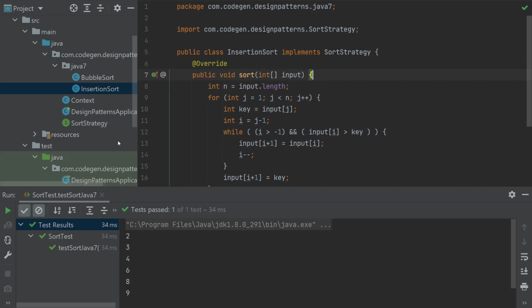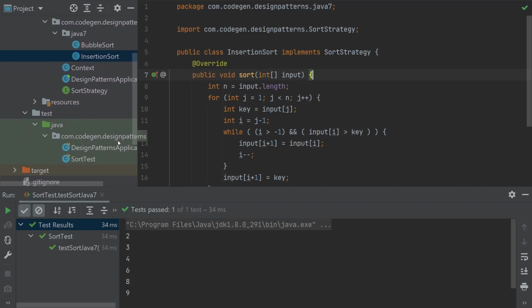But since we are trying to provide multiple implementations for a given algorithm by implementing this strategy, we are forced to create a class for each sorting strategy.